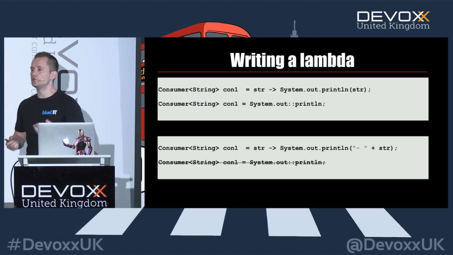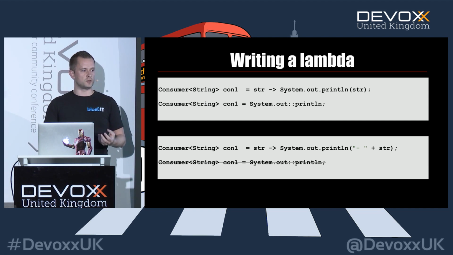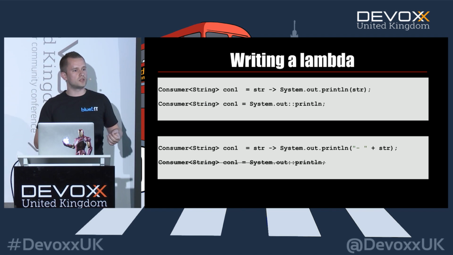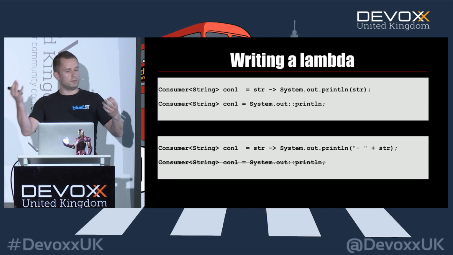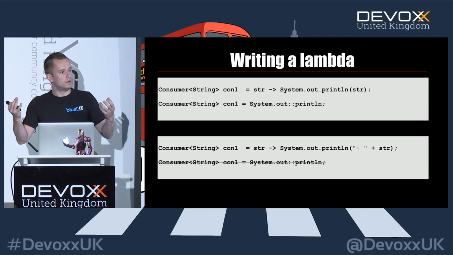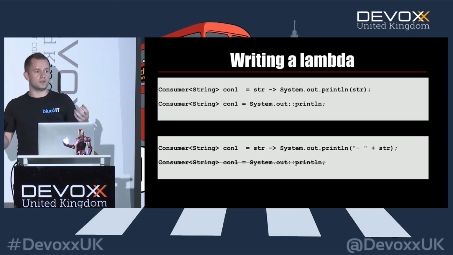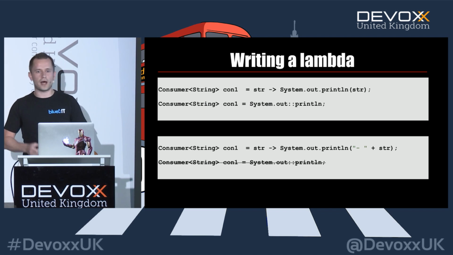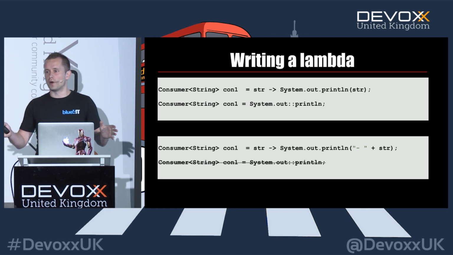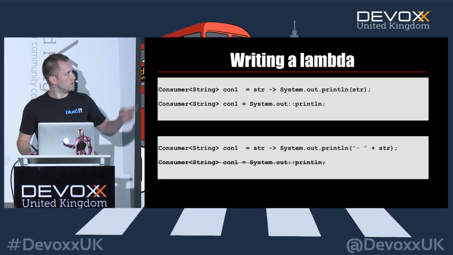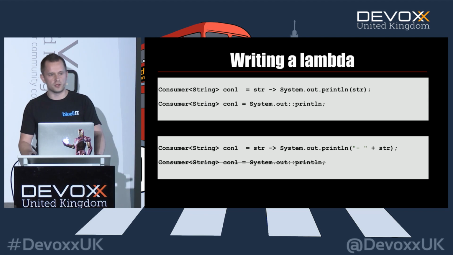I think if you're trying to learn to write lambdas, it's probably easier to do the first one because input, arrow, output is very straightforward and very readable in my opinion. But I can imagine that some people say the lower part. I will not take any of these parts. Just figure it out for yourself. But some say the lower part is better, some say the upper part is better.